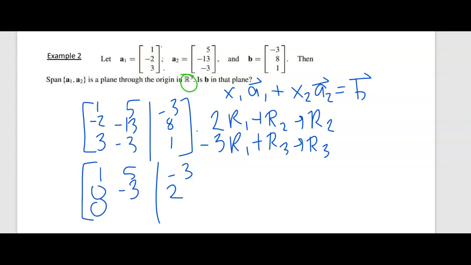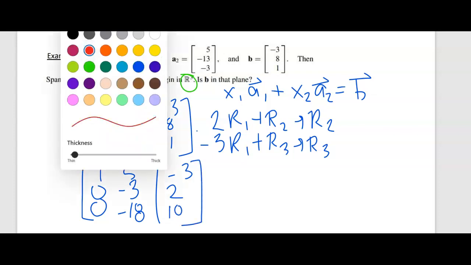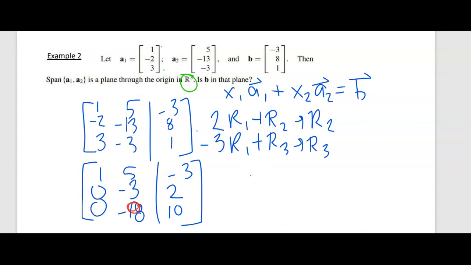Negative 15 minus 3, negative 18. And 9 plus 1, 10. All right, I'm noticing that I can make this 9 and 5. But notice this is not a multiple of the one above it this time. If I take negative 3 R2 and add that to R3, putting it back into R3,